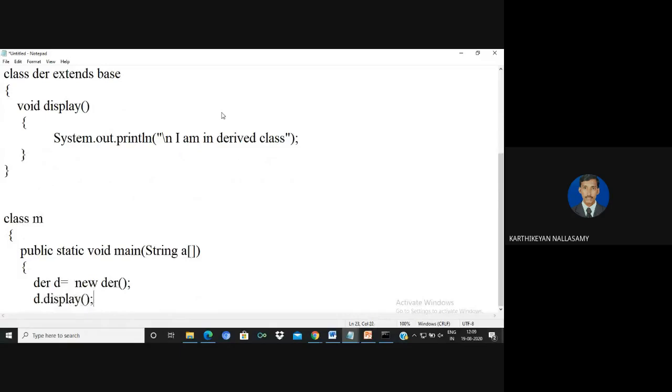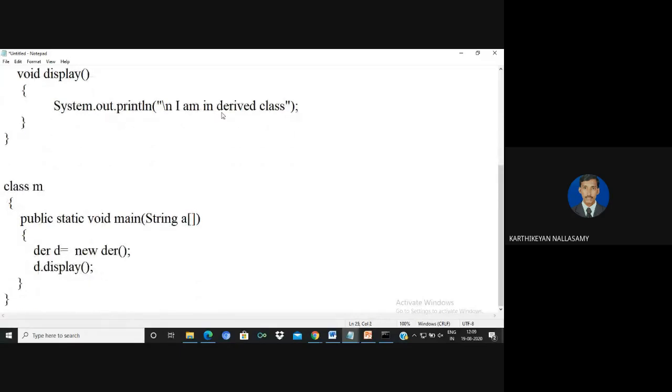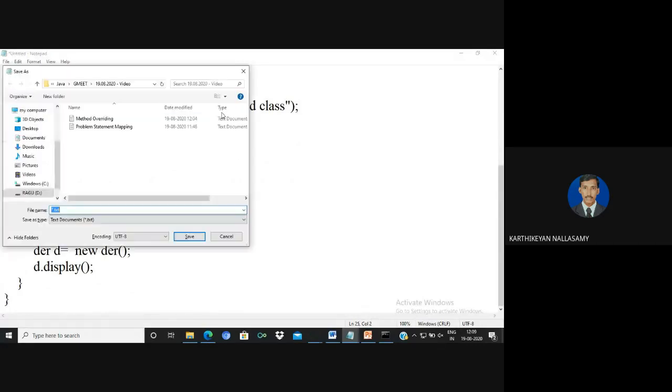As I already mentioned, this is overriding: when you use function overriding, the base class function is overridden by the derived class, so the derived class definition is always the one that is visible.